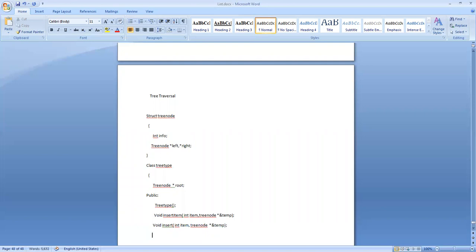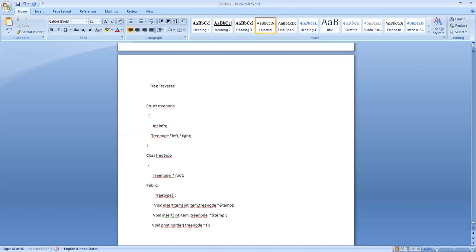So void print in order, tree node star T. What does it mean? Display the tree pointed to by this pointer in the in-order way.